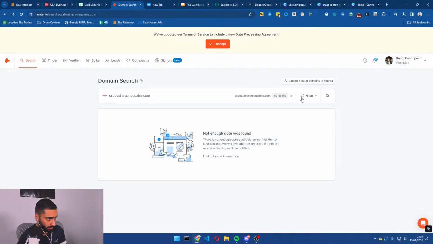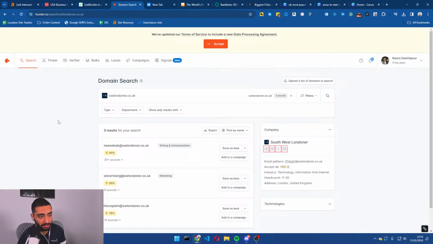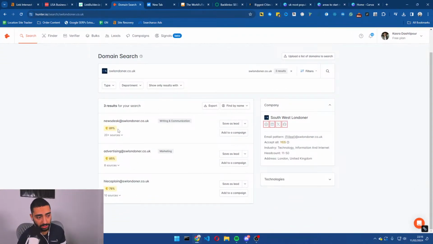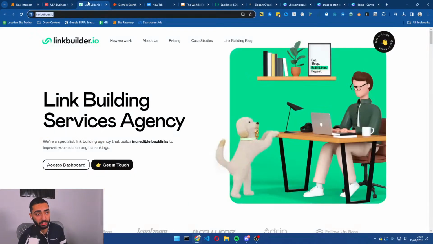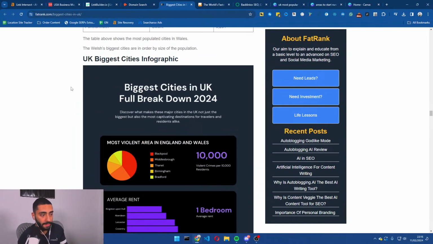In that case, you weren't able to. But if we were to just take a look at, for example, Southwest Londoner, you've got all three of these emails, so you can just outreach to them saying, hey, I've got a really good infographic talking about property investment in London, for example, and I think it would be very suitable for your audience. And basically they'll come back to you and say, hey, yes, we can upload it, or they might have a few stipulations where you might need to write the content or potentially pay for the content. It depends on the website owner. Sometimes it's free, sometimes it's not.